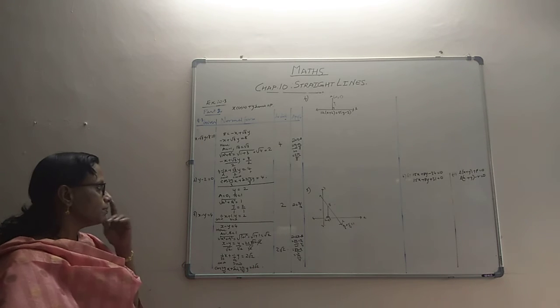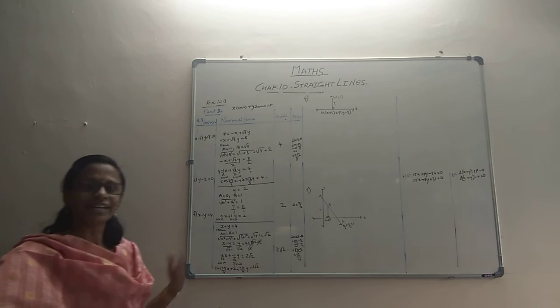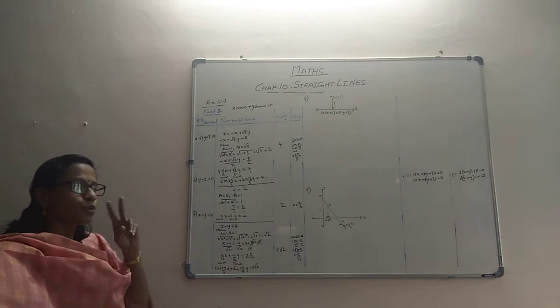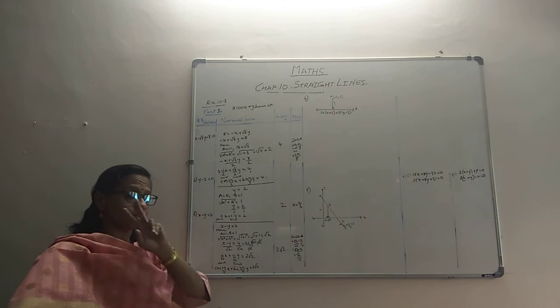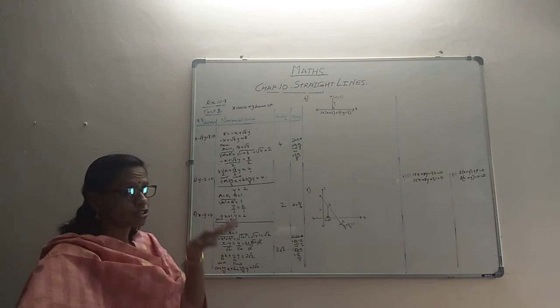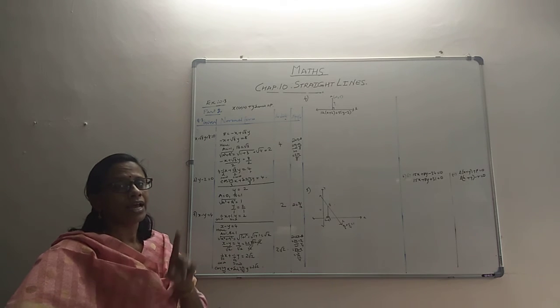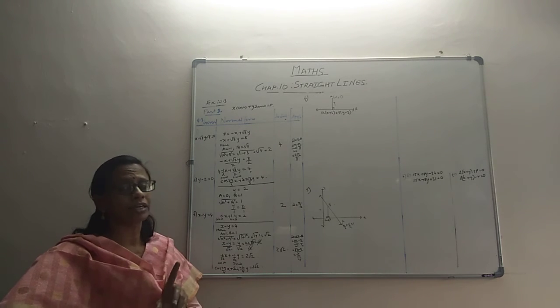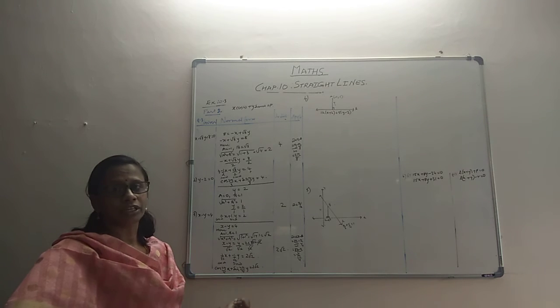That's about this problem. Very important and very different, right? It's important because it's different. There are two things you have to be careful about. One is that the constant has to be on the other side, and it has to be positive. And then you have to divide by root of a squared plus b squared to get it into standard form, and only then are we able to find all this.